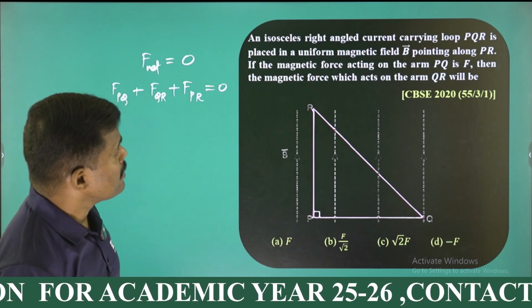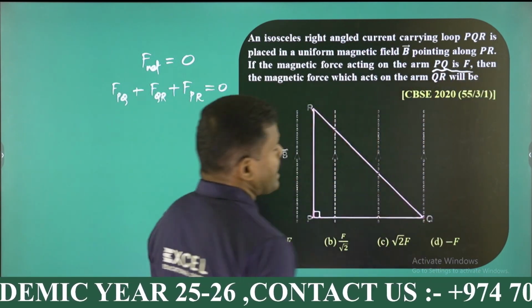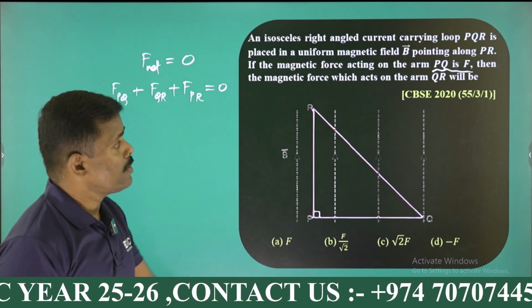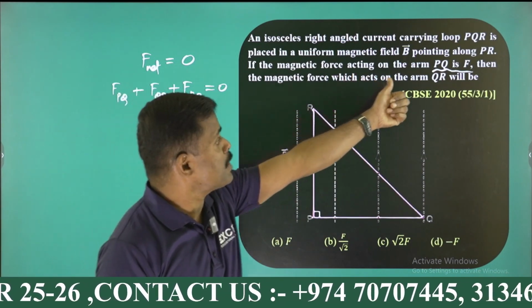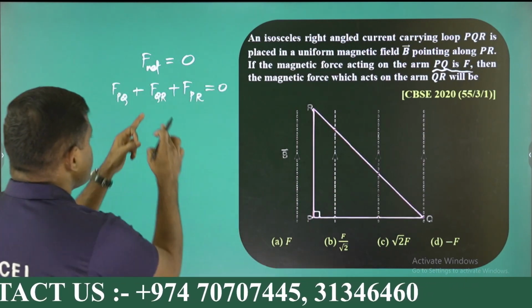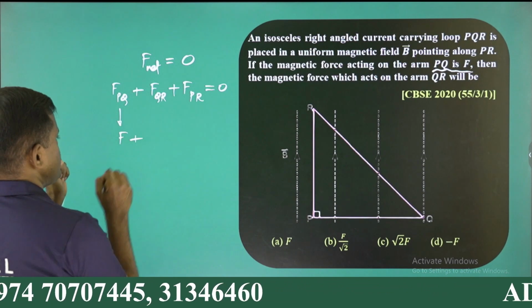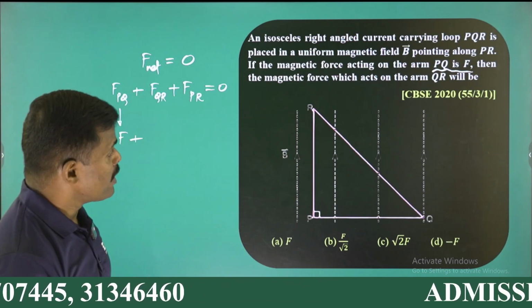And they have given a couple of things here. Force on PQ is given as capital letter F. Force on PQ, look at that, it is given. Force on PQ is given as what? Capital letter F, right? So I can put force on PQ as capital letter F plus, what is force on